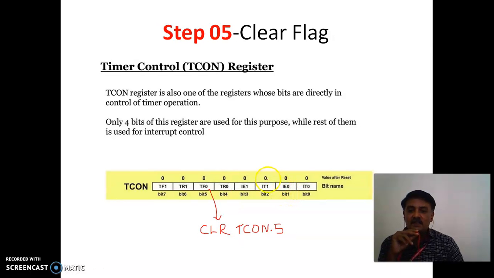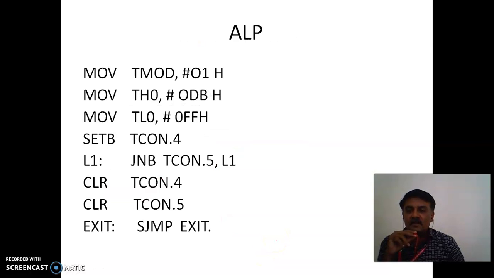And in the 4th step, in parallel we have to clear the flag register also. So TF0 and TF1 are the flag registers for the corresponding timer 0 and timer 1. As per the question given, we need to clear these flag registers too, which is available at TCON.5. Actual position is 6th position. Okay, this is 5th, because we have started from 0, not from 1. So we have also cleared the flag, and this is the final assembly language program.